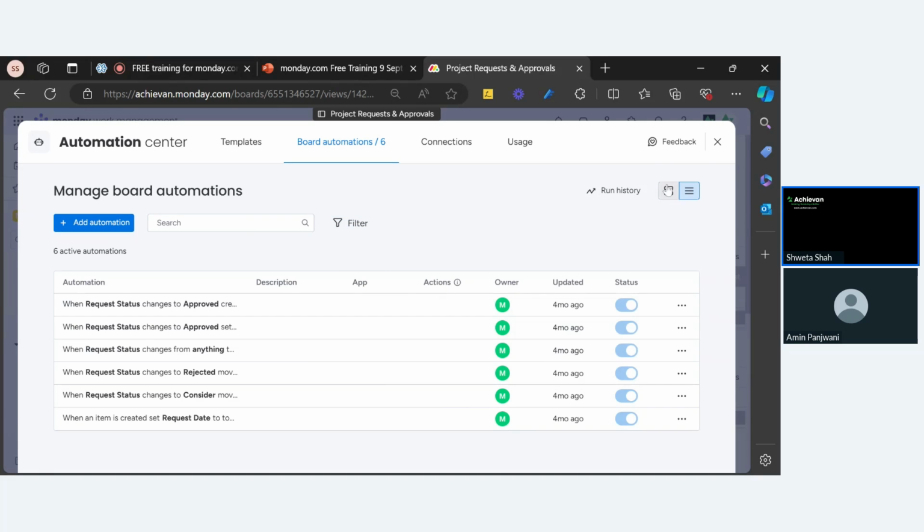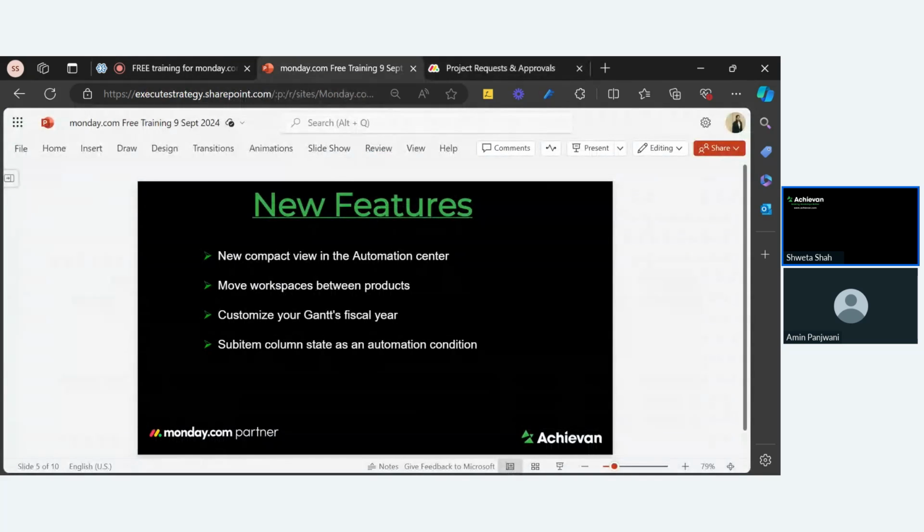Okay, so this was very helpful. That was a request by some of the clients. So Monday.com introduced that compact view for automation and integration. Okay, now going back,